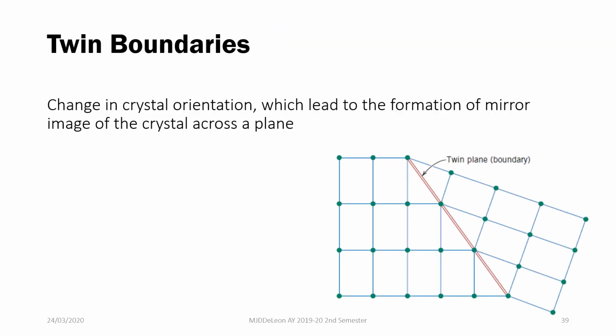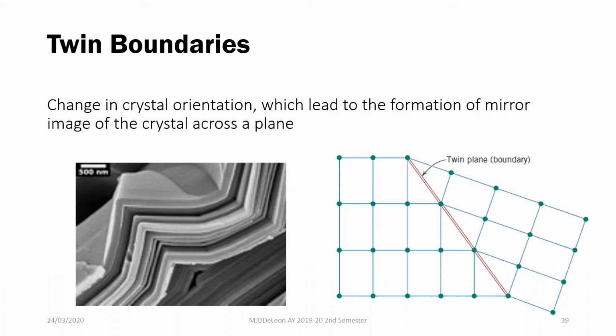So we also have what we call our twin boundaries. So twin boundaries, like your grain boundaries, meron kang discontinuity in the alignment of our crystal. But in this case, instead of a grain boundary, we have a twin boundary. So tinawag natin siyang twin boundary because nag-act as if mirror yung ating boundary. So in this case, yung twin boundary mo is ito. And makita natin dito, that it's as if we're mirroring this region